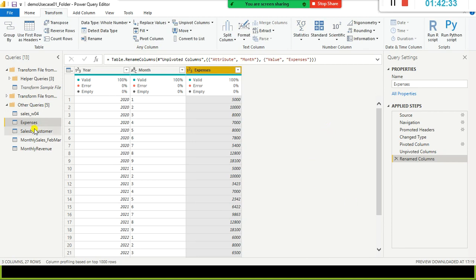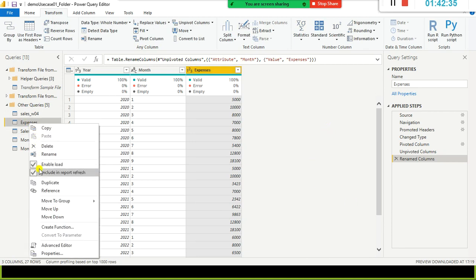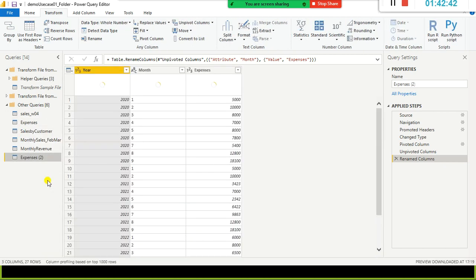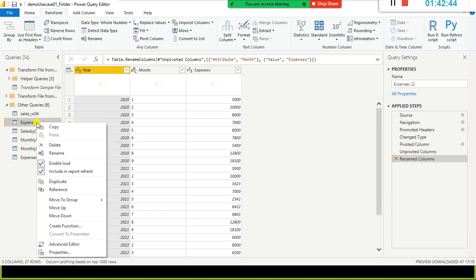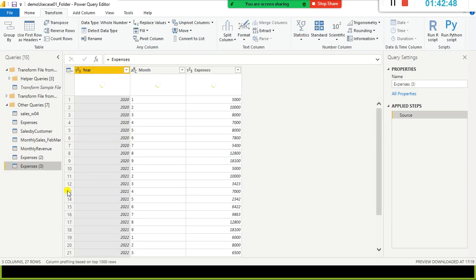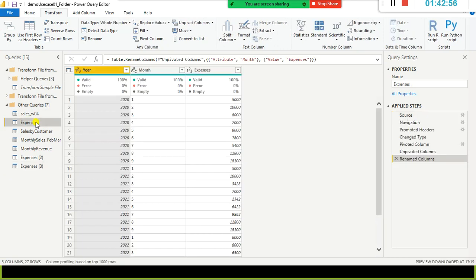And also, for example, if I wanted to duplicate this one query, I can use duplicate. And I have another option called reference. Now I go to the expenses query.